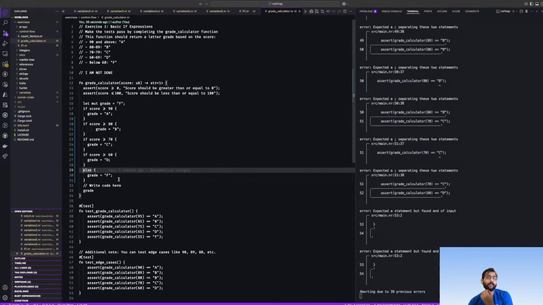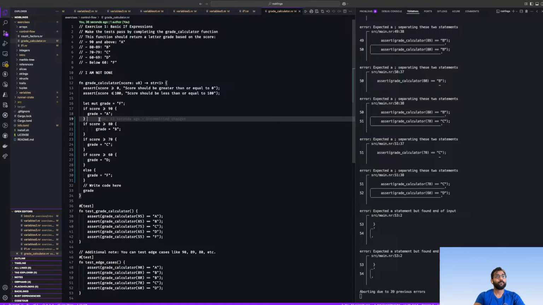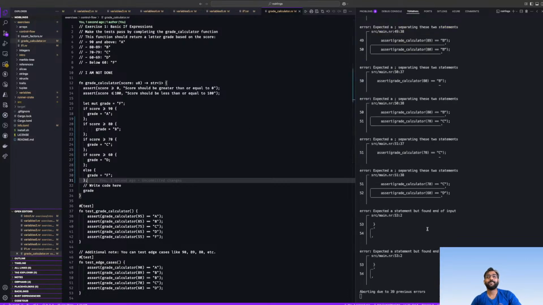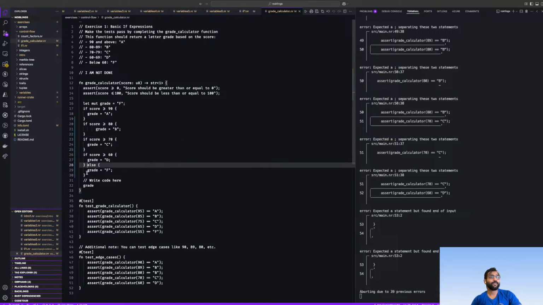Okay, so basically we are going to start: grade is equal to A. The parenthesis is not needed. I don't know, I mean, that's the issue. Okay, let me do something like this. Else.